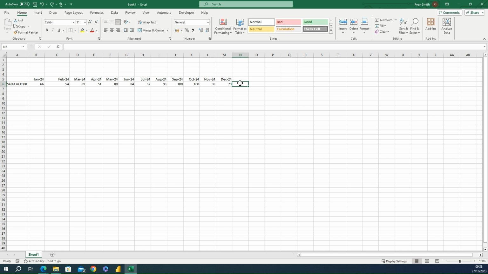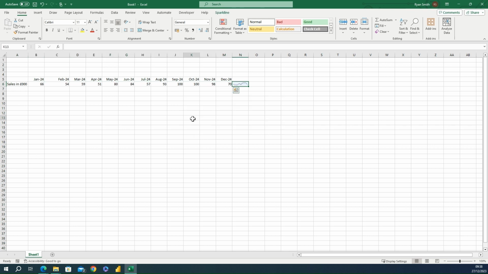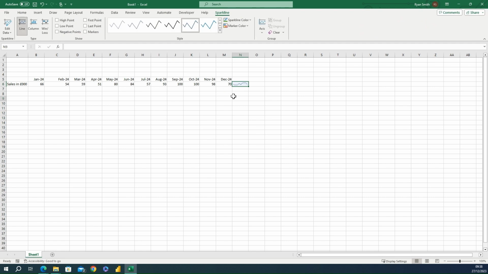Today I'm going to show you how to insert a sparkline on Microsoft Excel. So we select the range of data and press Control Q. Go over to Sparklines and click Line. So I've got my sparkline now, but let's say I wanted to see the highest point and lowest point on